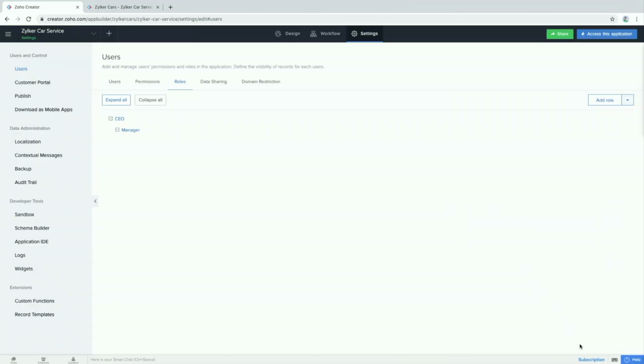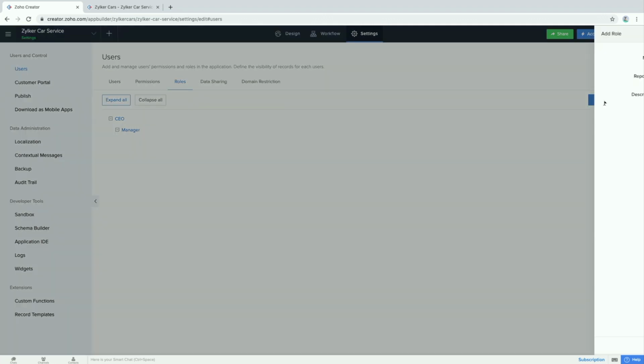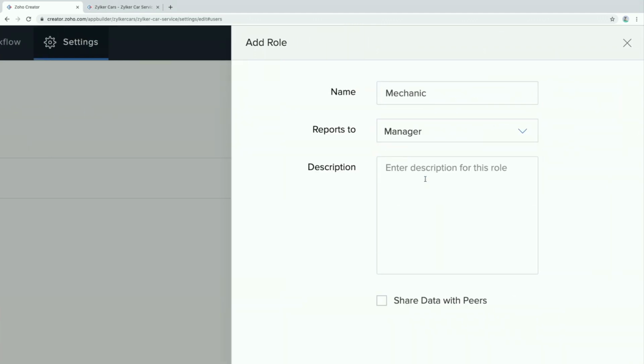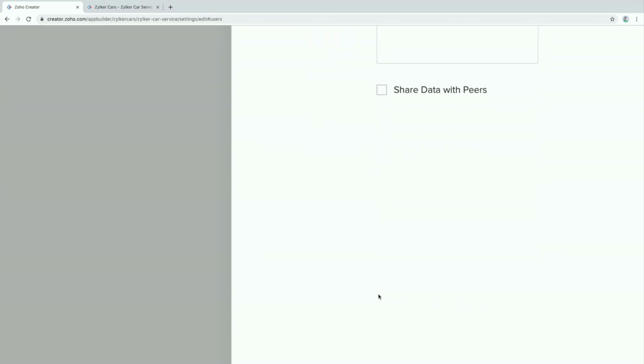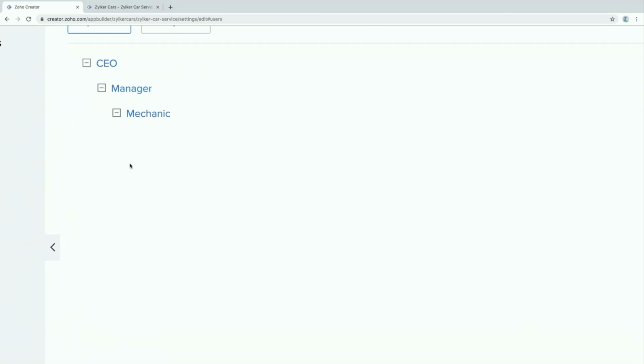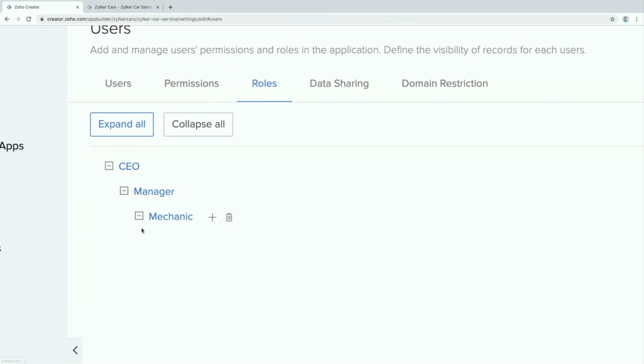I'll save this. You can create another role, we'll create that. Another one. This is going to be mechanic. He's going to report to the manager. Maybe we'll go with share data with peers for this guy. Right? That's with the role hierarchy.